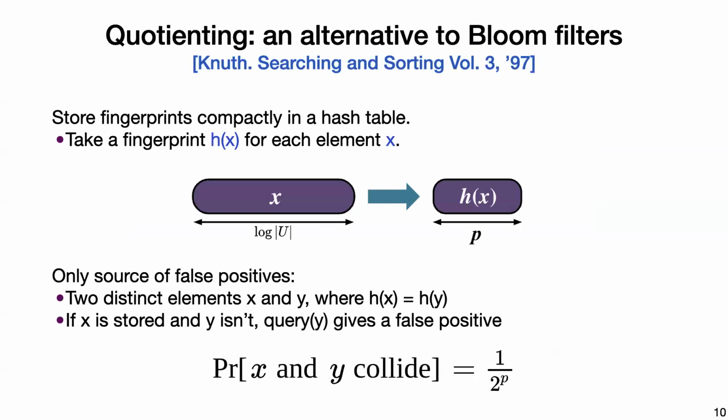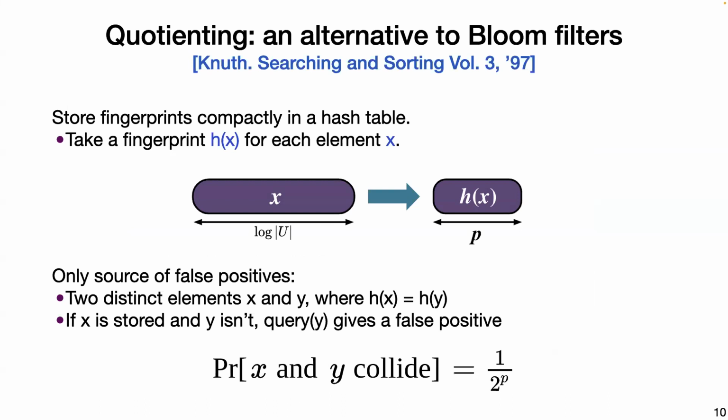So first I want to talk about a different kind of filter called quotient filter. The quotient filter is due to an old idea from Knuth from '97. Basically the idea is kind of like caching in a sense. The way it works is that you still use hashes,